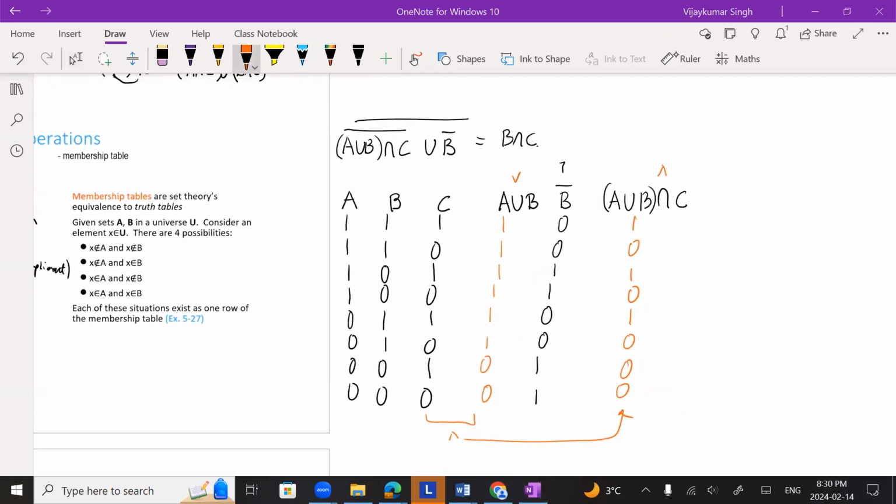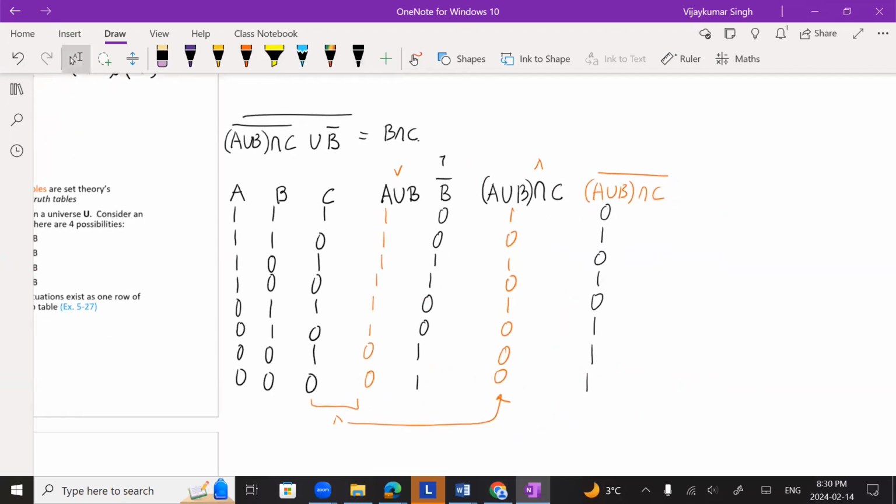Complement of this. So it's going to be (A union B intersection C) complement. So it's going to be again flipping, right? So 0, 1, 0, 1, 0, 1, 1, 1. Okay. Now we have to do what? We have to do union with union of this